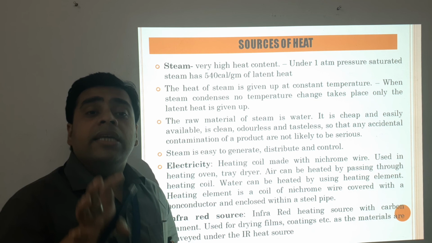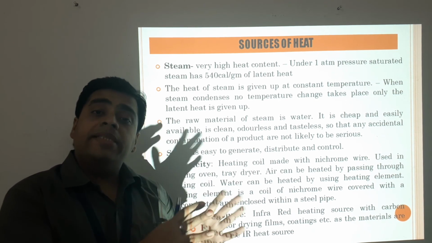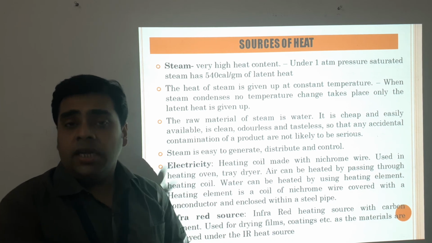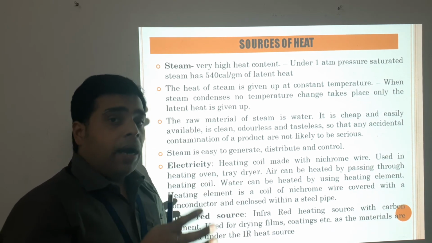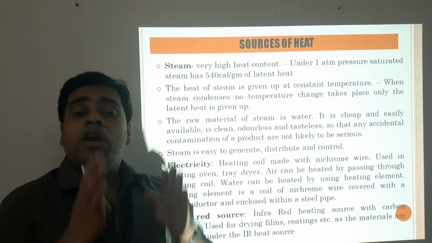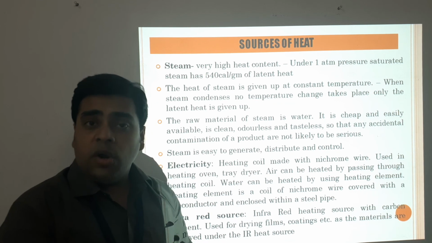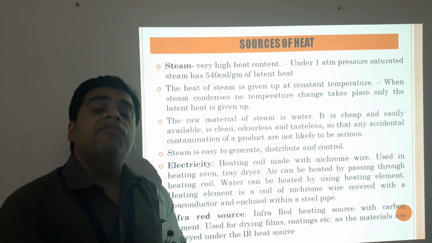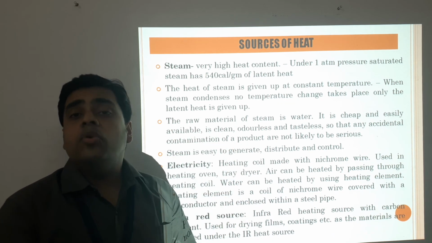So this is the concluding part of the chapter, heat transfer. We started from the basics of conduction, convection and radiation. Finally we moved on to the equations of the radiation part, the conduction part, and the convection part. We classified convection into different types, that is forced convection and natural convection. Then we moved on to the different types of exchangers and interchangers, and we concluded with the sources of heat.